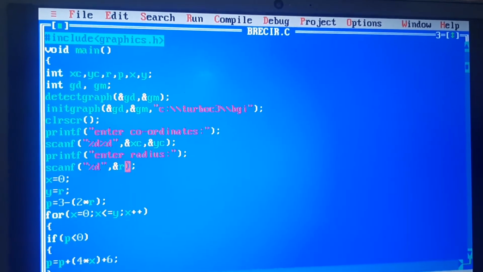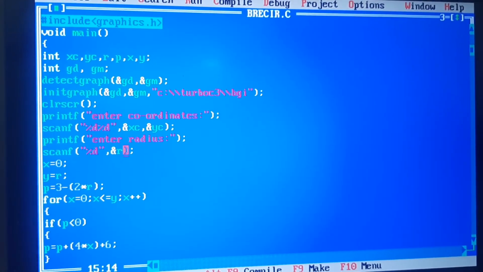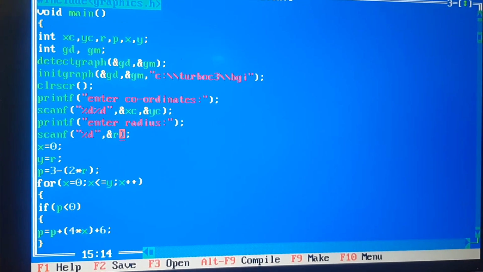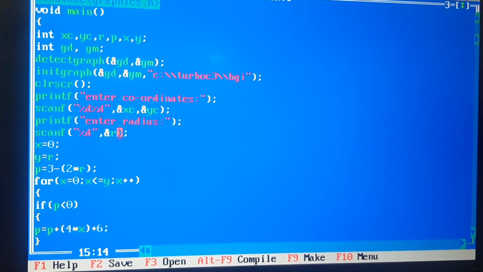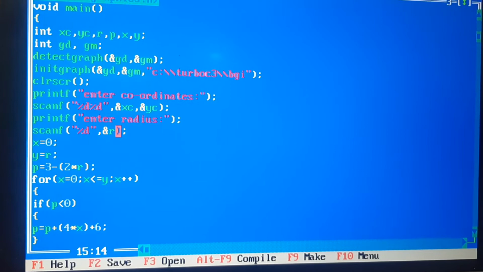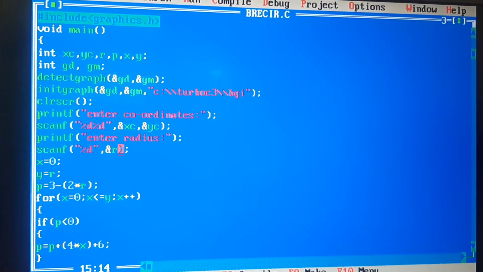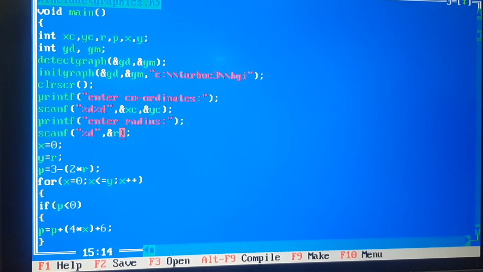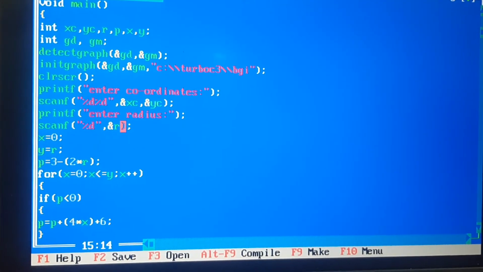Then according to our algorithm, our next step is to initialize x equals 0 and y equals r. The value of y will be initialized as the value of r that we are taking from the user.